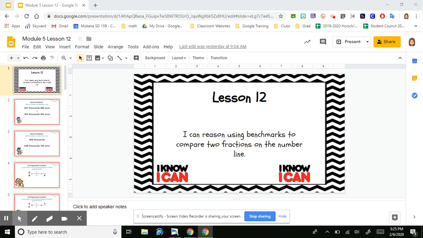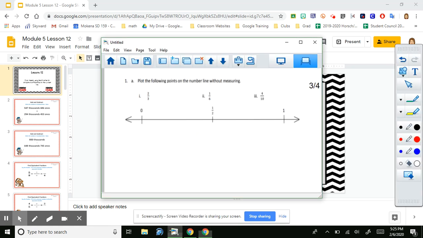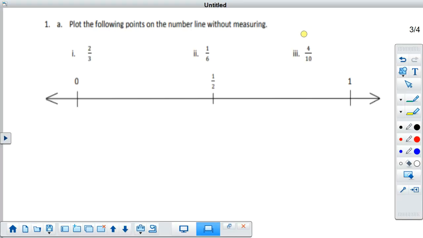I had a request to go over the lesson with a video. So our lesson today was on reasoning with benchmarks, so fractions on the number line. I'm actually taking a couple of the problems from the homework tonight and going into more detail with them